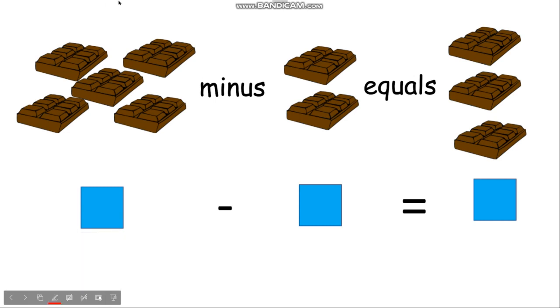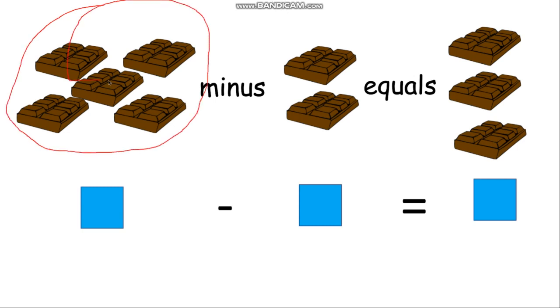Okay. As you can see over here, how many chocolates are there? Yes, there are 5 chocolates. So what am I going to fill in this box? 5. Yes. Minus, this is the symbol of subtraction. How many chocolates can you see here? 2. So I will be filling the number 2 here. 5 minus 2. How many will remain? Equal sign दिया हुआ है. How many is remaining? 1, 2 and 3. So 3 remains.